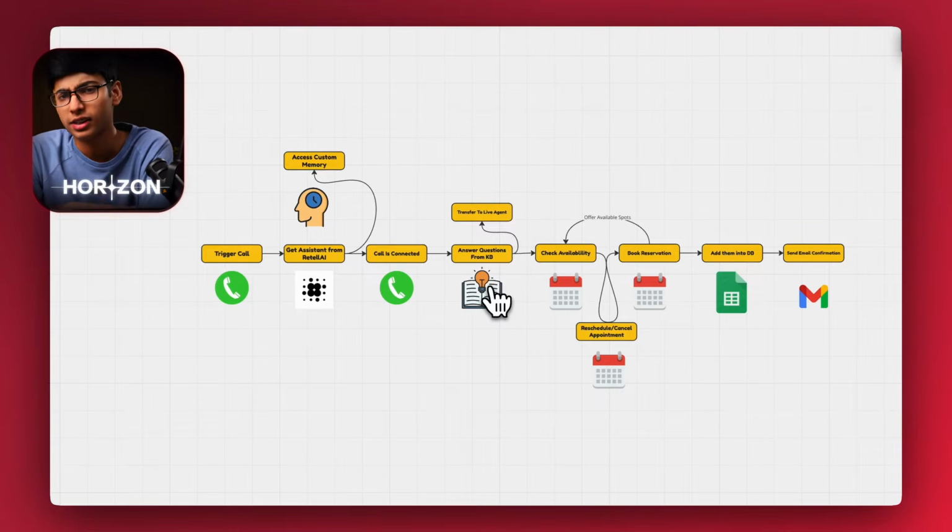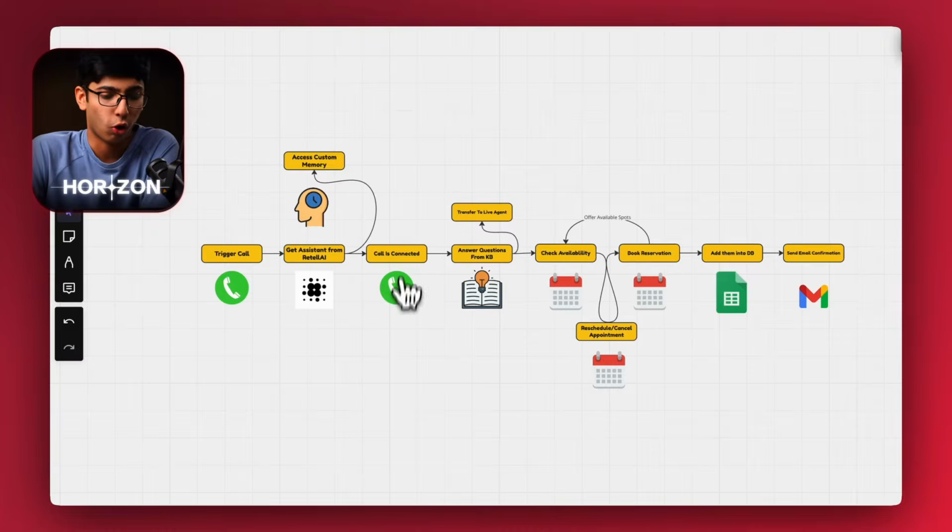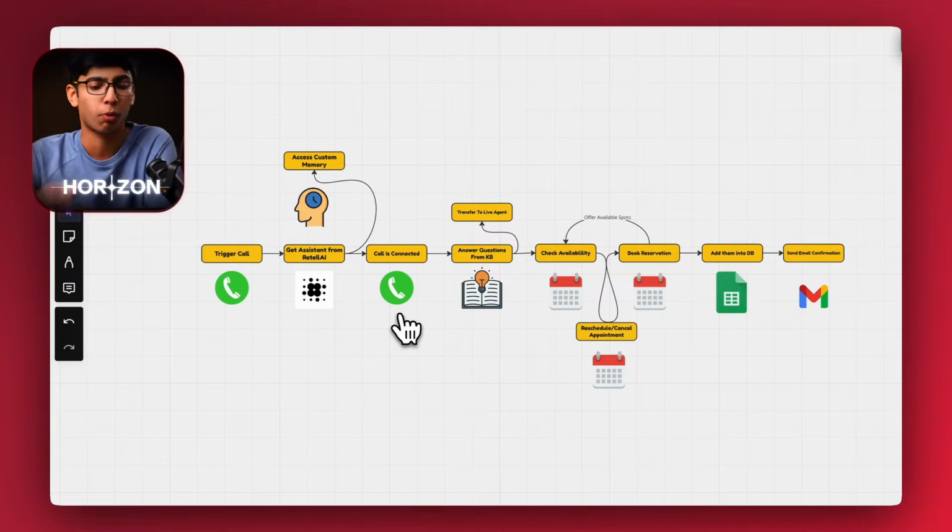Now this is the exact same flow as our usual VAPI assistants, but the difference is that in make.com, instead of having to set the variable for the assistant and basically create a fake assistant so that we can connect the call, we are basically sending a request over to Retell AI to allow us to literally use the assistant instead of having to create it and stuff like that. So anyways, yeah, the call is basically connected,